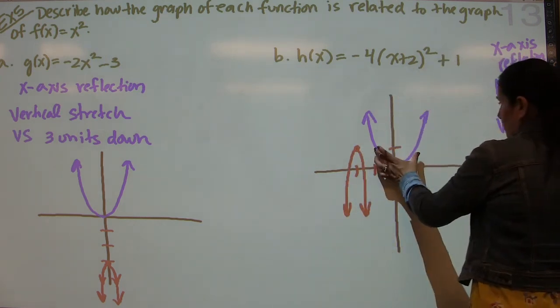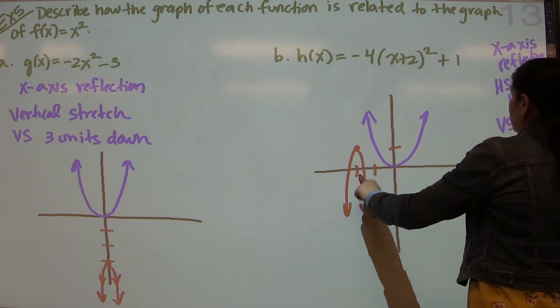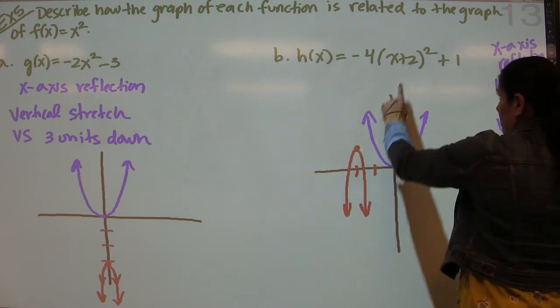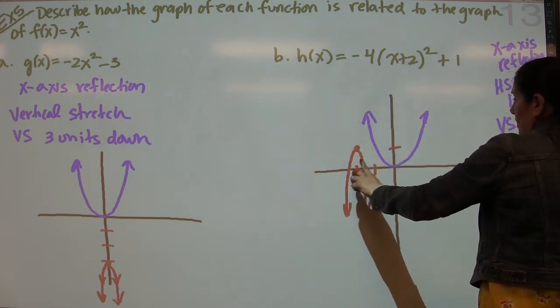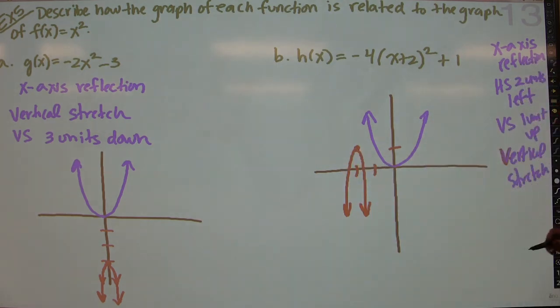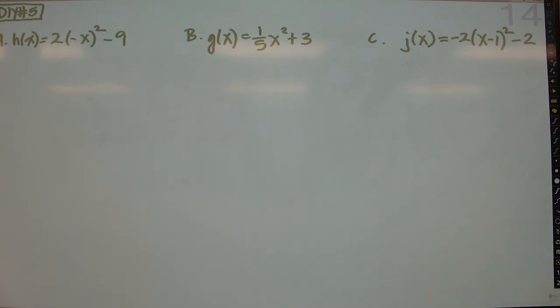All right, so it's not going to be as wide; this one's going to be skinnier. It's going to be upside down to the -4, 2 units to the left because of the +2, and 1 unit up because of the +1. So there you go. So now we're going to have you try these, and then we're going to go to